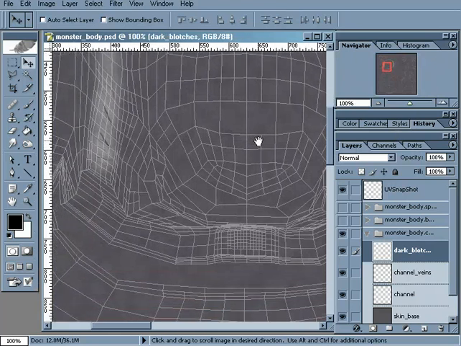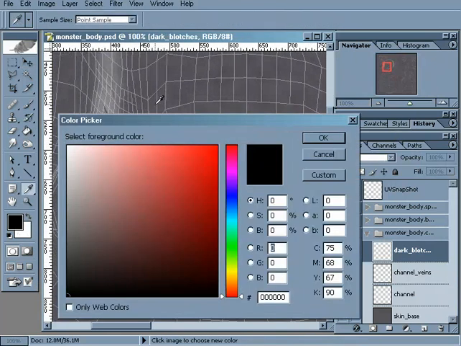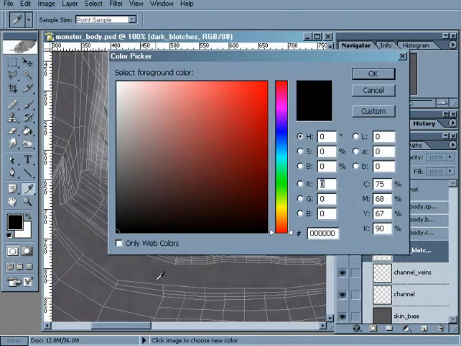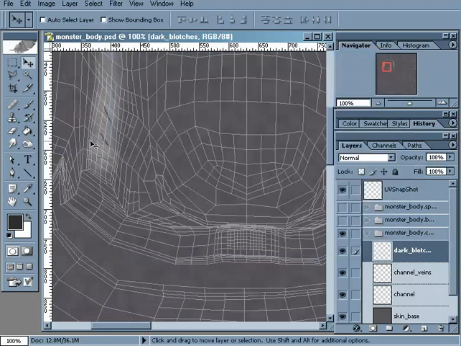and what I want to do is pick a color that's a little bit darker than our overall skin tone. Okay, so what I can do is just go to my color picker. Let's just choose one of the darker areas of this. Okay, and we'll just make this a little bit darker. Okay, so now that we've got a darker purple color chosen,